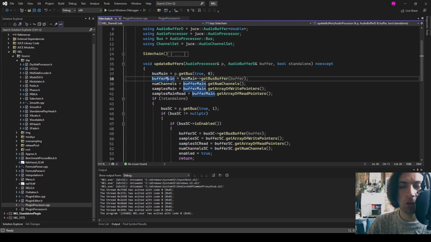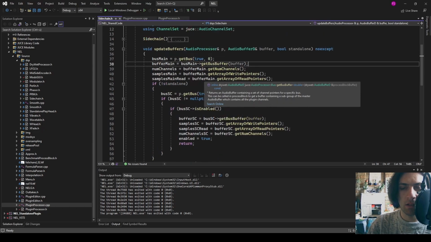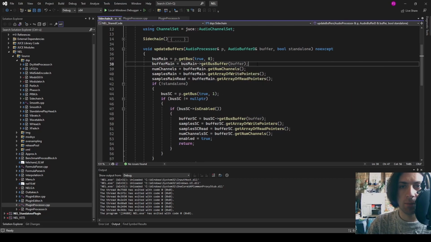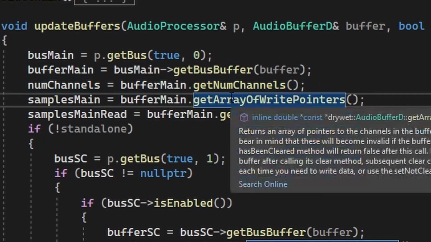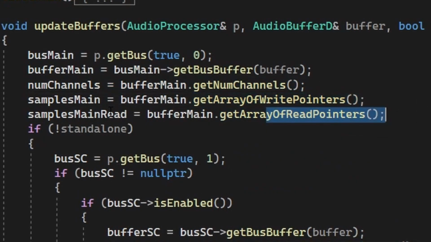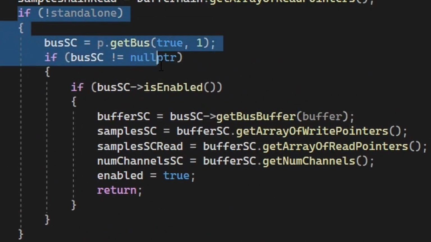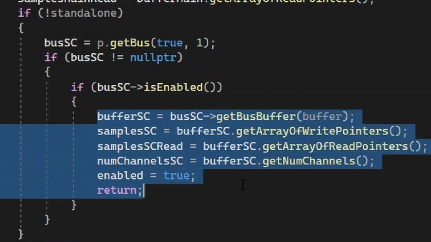It will not perform a copy, but I think it will just pass on the pointer to the underlying audio data. At least that's what I saw in the documentation, and I also didn't notice audio allocation hiccups. But please correct me if I'm wrong anyway. So then I'm getting num channels, and I'm putting the write pointers and read pointers into samples main and samples main read. Now there are a lot of cases that have to happen in order for sidechaining to be true,